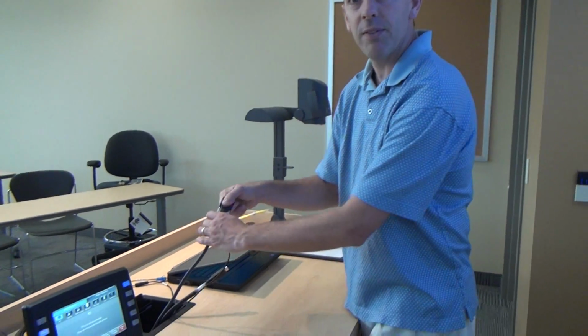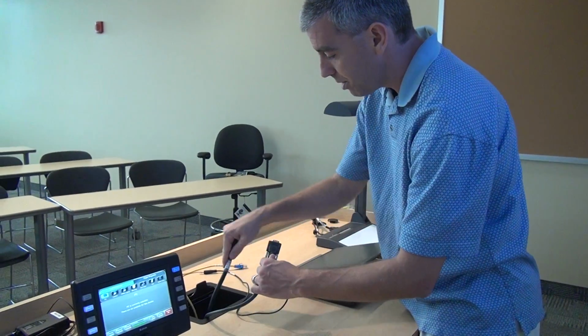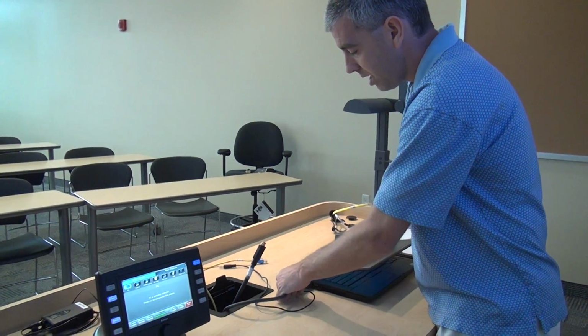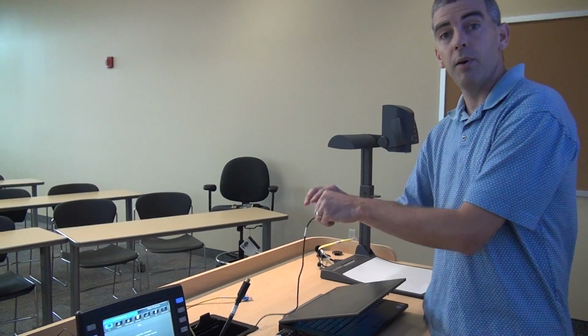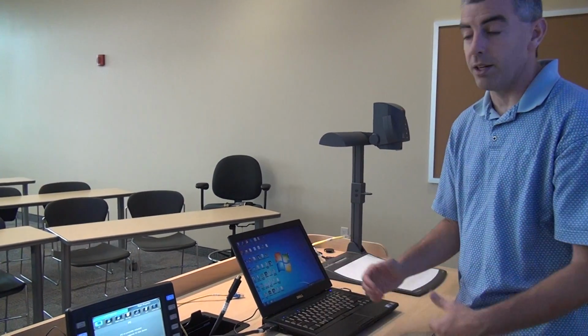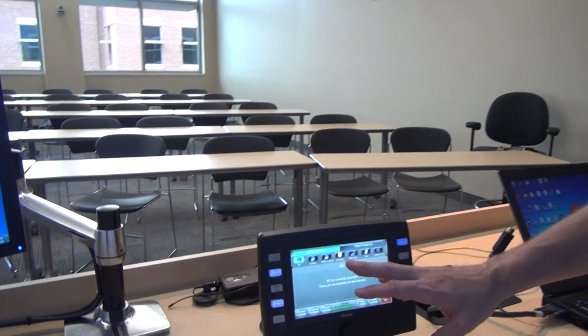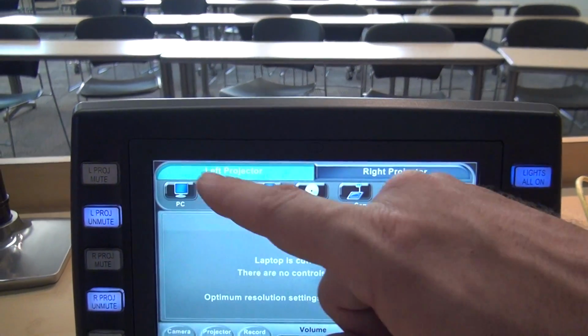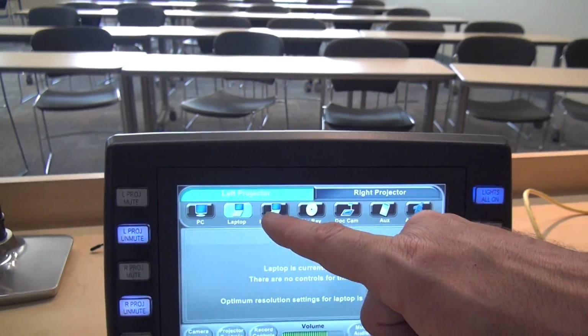I'm going to go ahead and grab the VGA cable and plug it into my laptop here to make it a little demonstration. I'll take the audio cable and plug it into the headphone jack on my laptop. Then my laptop's going to be ready to go. I'm going to come over to the touch panel and hit the laptop button, and now you'll notice I'm on left projector. So my laptop is going to show up on the left projector,